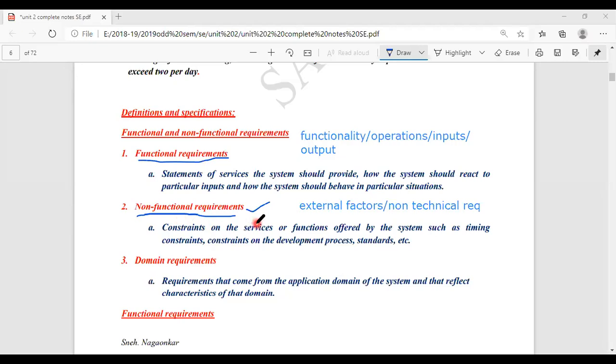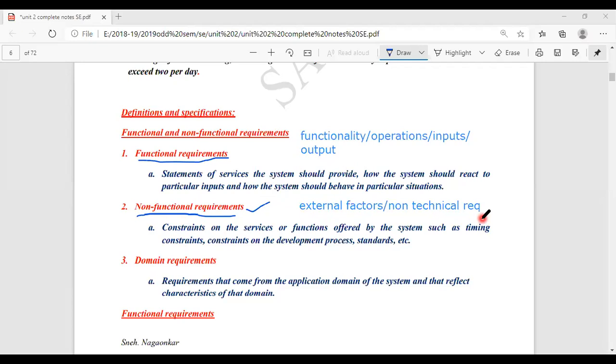So constraints on the services provided by the technical team, or functions offered by the system, such as timing constraints, constraints on the development process, standards, etc. These factors fall under external and non-technical. If I want to develop a software, or provide a functionality to a software, there are some constraints.